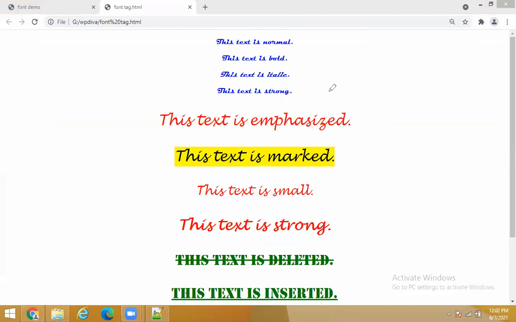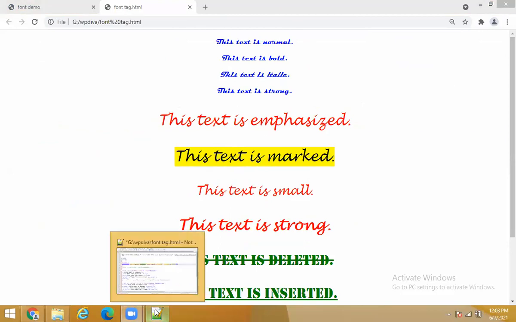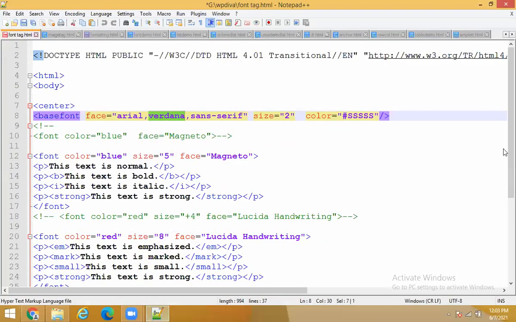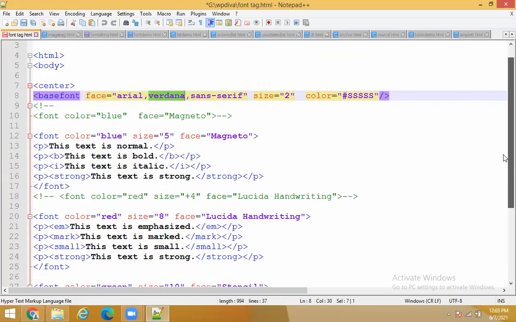For normal, bold, italic and strong, blue color is applied. Similarly, for the other section, emphasized, marked, small and strong, you can see that the text is red, isn't it?